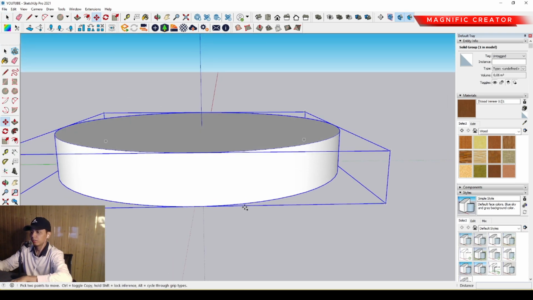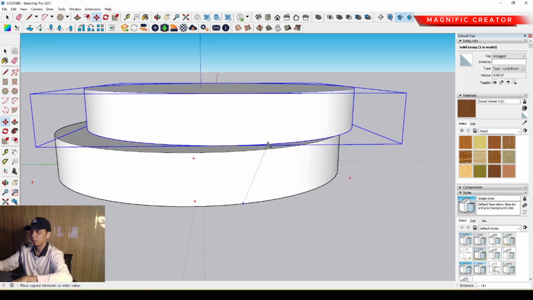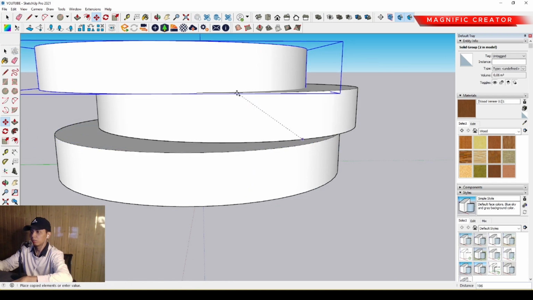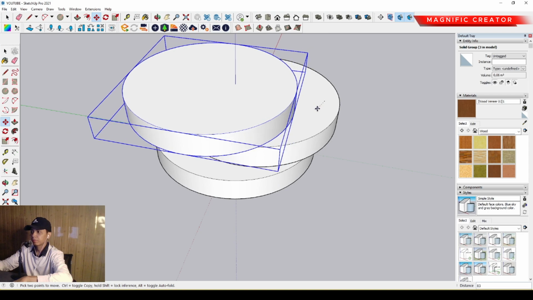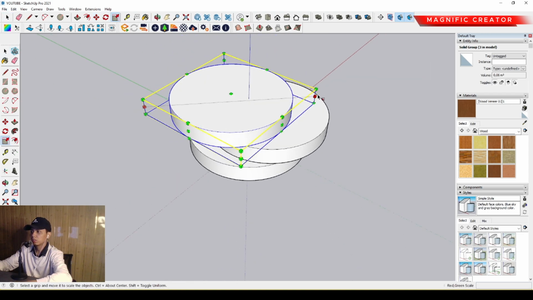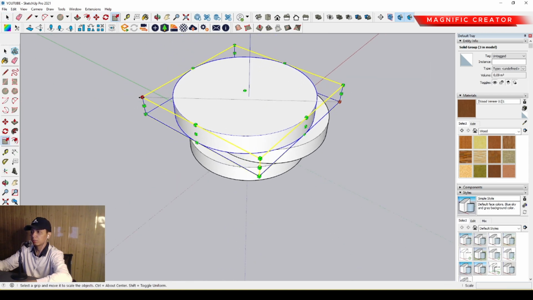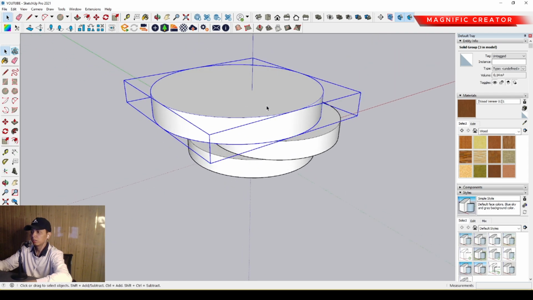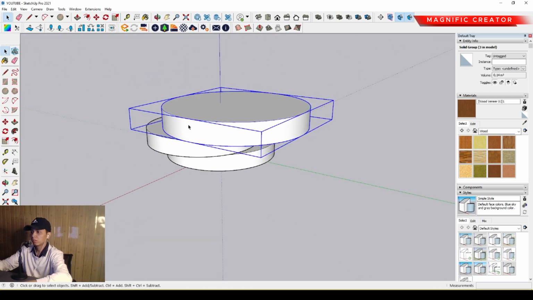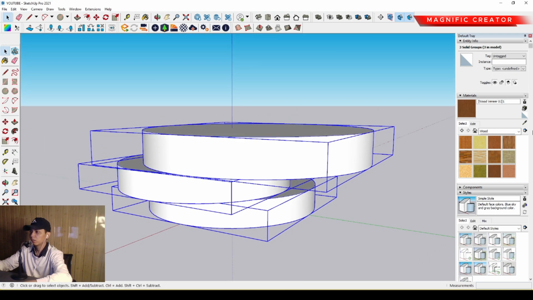Okay, and then we can move it and duplicate it, and then we can move it to the upper position and duplicate it. Okay, so we can enlarge the top table itself anyway. Okay, something just like this, and then we can select all, and then we can select a synthetic surface,